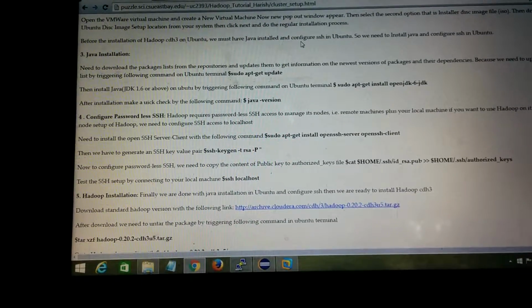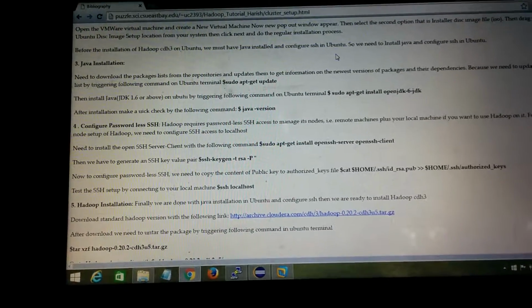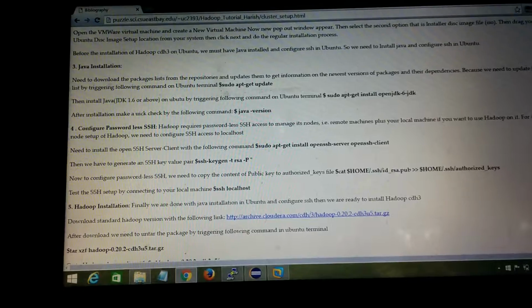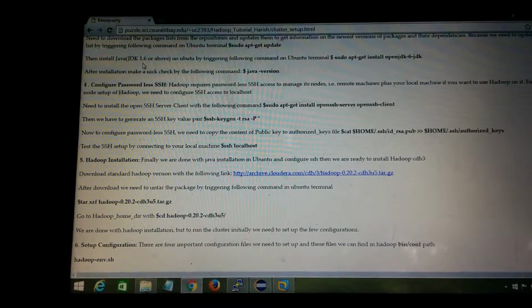We should have Java and configure SSH in Ubuntu. To install Java, you use the command sudo apt-get install openjdk-6-jdk. We need to use only JDK 1.6 or above versions because those are the only ones compatible with Hadoop. And next part is we need to configure the passwordless SSH by using the command apt-get install openssh-server